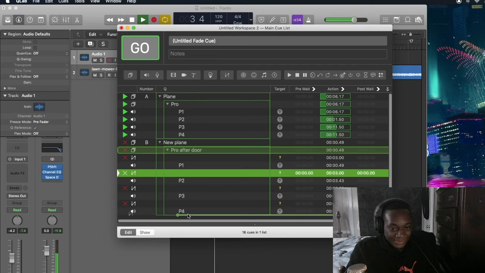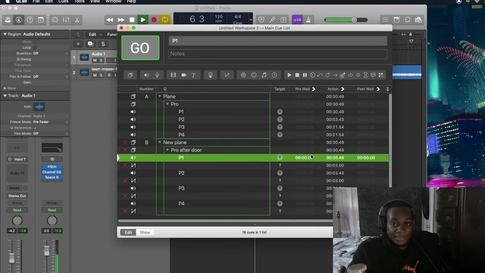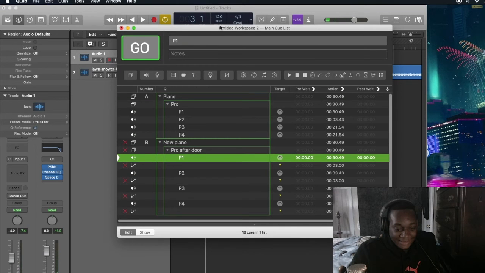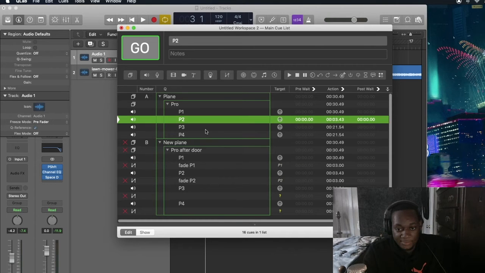So take my fade cues, throw them in, and what I'd actually do, I'm going to stop running this real quick, just in case because I'm vomiting. I think it's starting to vomit because I was running both at the same time. Anyway, so what I do at this point is I'd actually take my fade cues and I'd target the old ones, just like this,